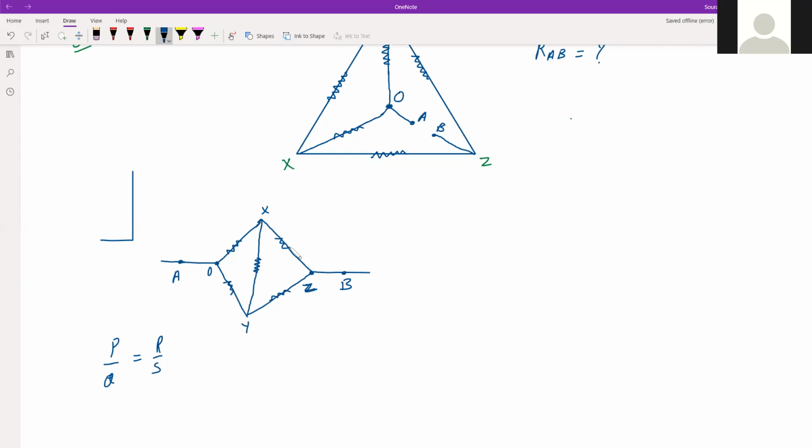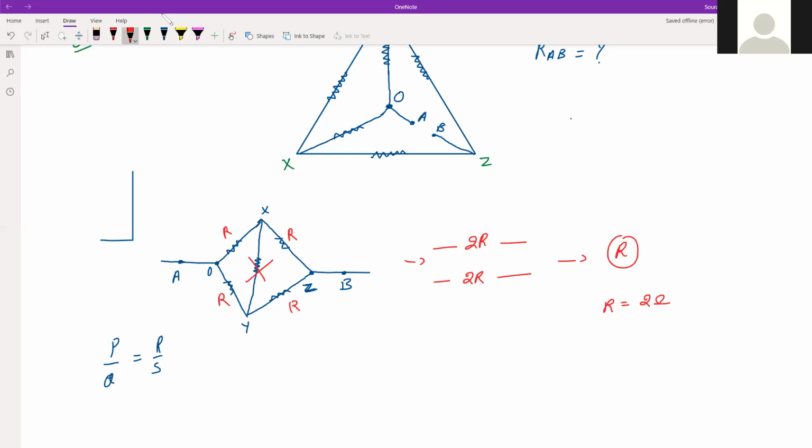So when this is satisfied, that means what? That means this section is now no more. There is no current going through this. So what will happen now? There was a resistor R here, R here, R here, R here. So it will be 2R and 2R in parallel. So when you have 2R and 2R in parallel, you actually have total R. So R was equals to how much? It was, I think, all R's are 2. So this is equals to 2 ohm.